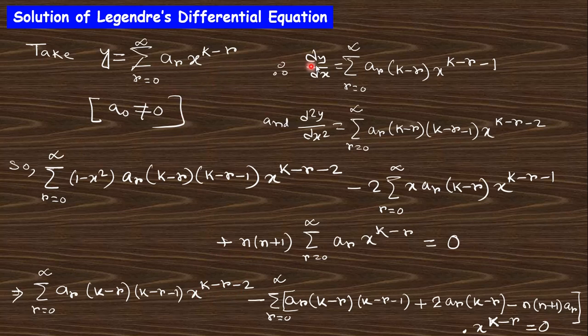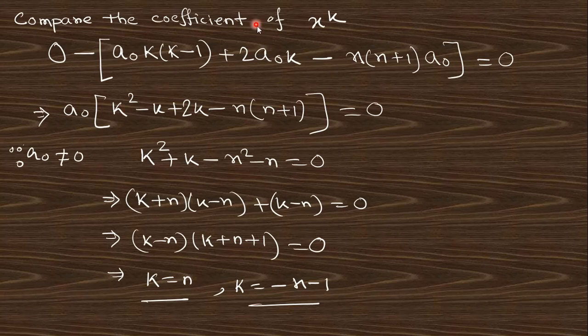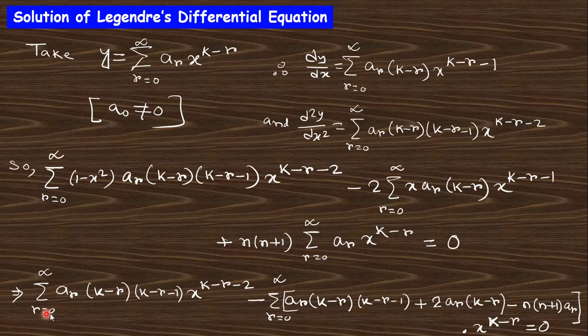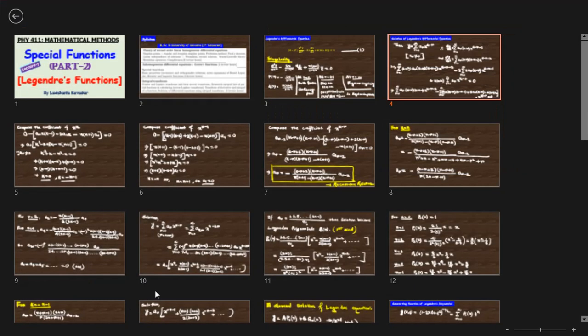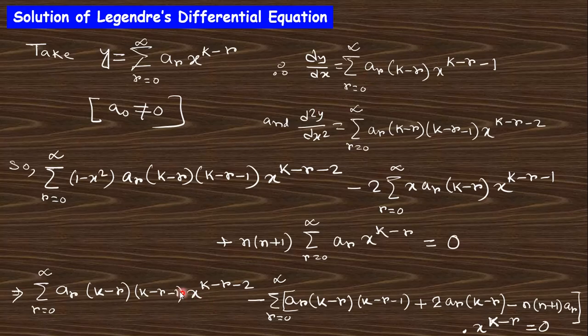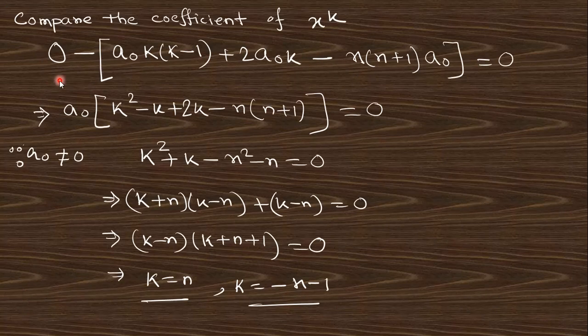Okay, then for the first order derivative and second order derivative, put these values in this differential equation and then compare the coefficient of x to the power k. We will get no x to the power k term in this part, because to find the coefficient of x to the power k you would need to put r equals to r minus 2. This is not possible because r starts from 0. So in this part we do not get any term. Here we will get only this term. So that's why this is written as 0 and this term will be 0,